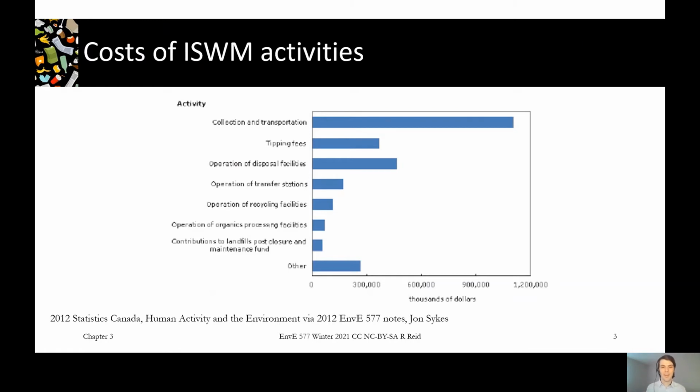So this is a lot of infrastructure and machinery and people involved. So it ends up being an expensive part of the system, and that's why it's an important part to look at. Also, as we touched on in the last chapter, it's important because it's an interface between people and the system, and it's an opportunity to get some better waste reduction and diversion happening.